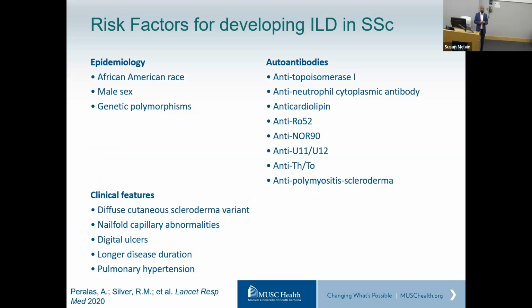I mentioned risk factors for developing interstitial lung disease in scleroderma, systemic sclerosis. Epidemiologically, and clinical examination-wise, we have found some risk factors, including the diffuse variant and the presence of certain antibodies that we test on the clinical front. We can say you're at an increased risk of developing interstitial lung disease. Now, does that necessarily translate to an individual patient? Not necessarily. I can tell you you're at an increased risk, but I'm not able to quantify the percentage chance that you have of developing interstitial lung disease.